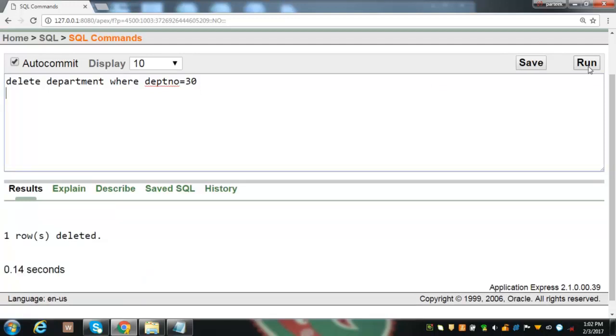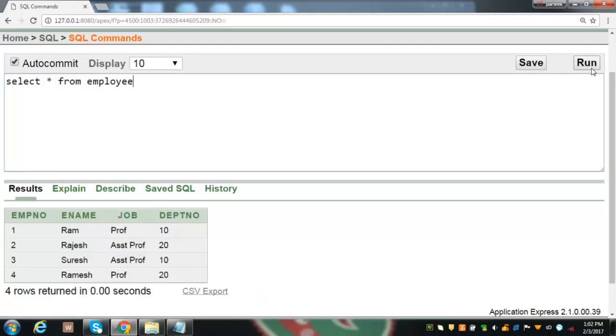Yes, in this case record of parent table has been removed. And if I check the records of employee table through this statement, then it verifies that the child record corresponding to department number 30 has also been removed from this table.